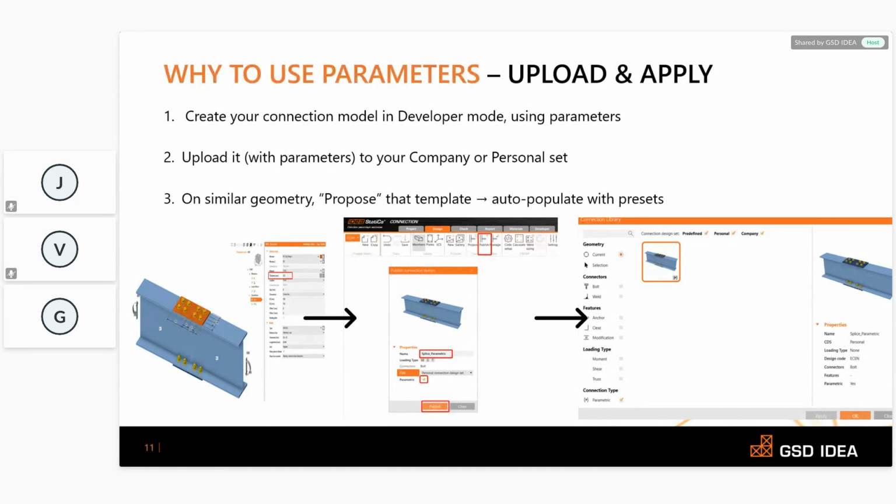Now, coming to the second step, it is to upload the template. That is, once the model setup is completely done, we go to the publish function in IDEA StatiCa. Here we upload the template to either our personal or the company connection design set. Personal set, as you know, is only visible to you. It's a private set. Company set is shared within your team, which is great for standardizing typical connections when it